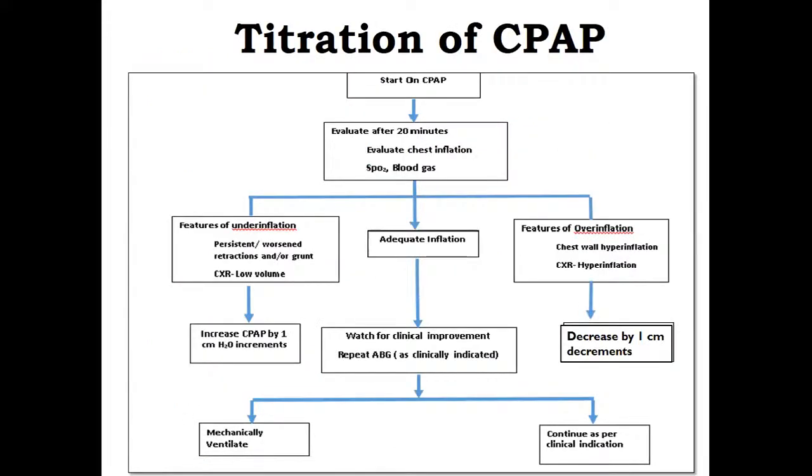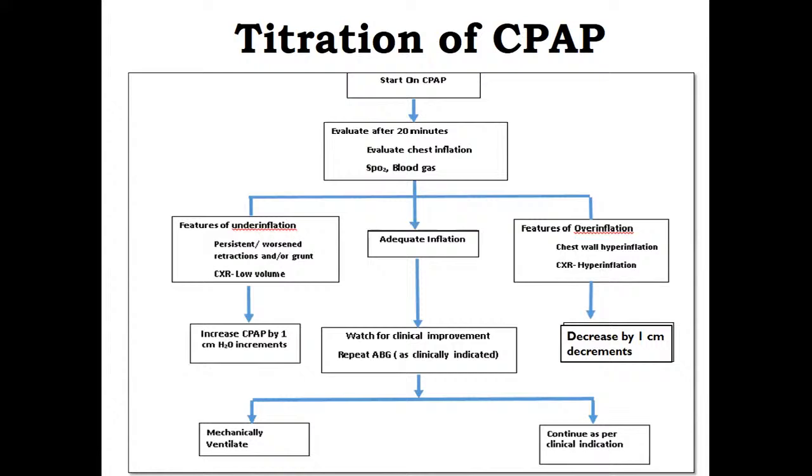We start with CPAP and allow up to 20 minutes for chest expansion, then see the blood gas and SpO2 levels. If there is worsening respiratory distress with retractions and grunting, and chest expansion shows low lung volume, we need to increase the CPAP by 1 centimeter. We reassess clinically and repeat the blood gas. If the baby is improving clinically, we decrease the CPAP. If the baby is worsening, we need mechanical ventilation. If there are signs of overinflation or chest wall hyperinflation, we need to decrease the CPAP by 1